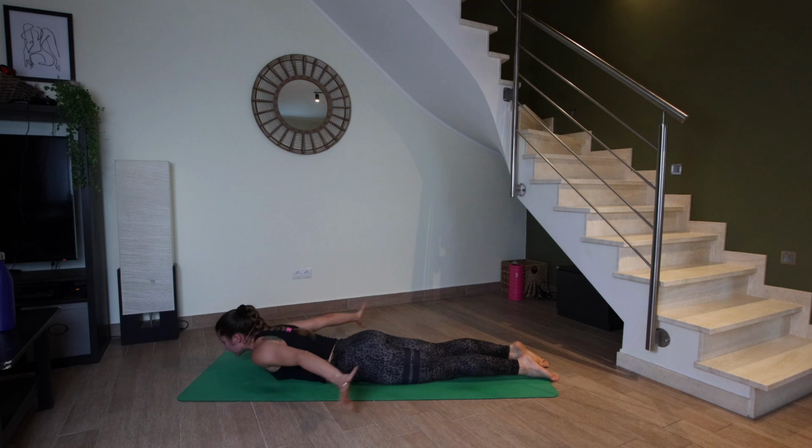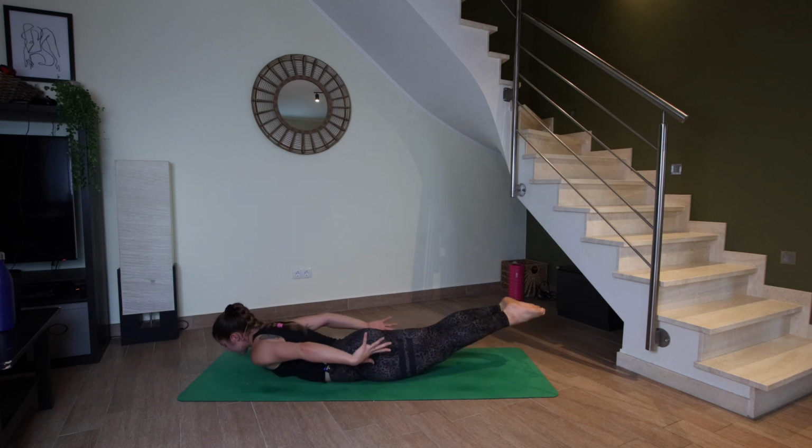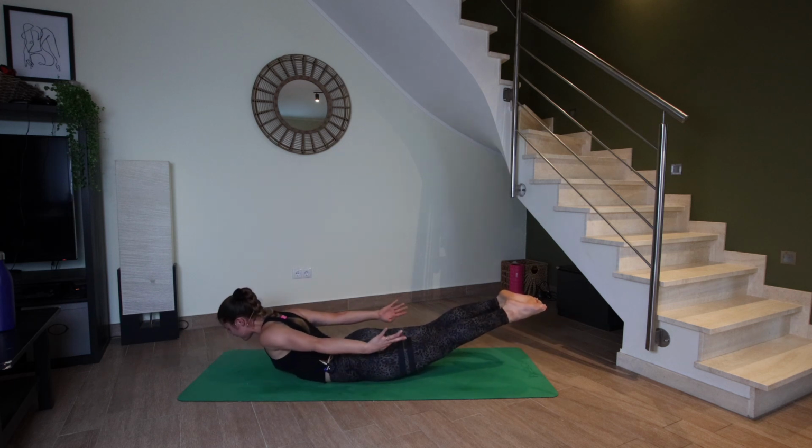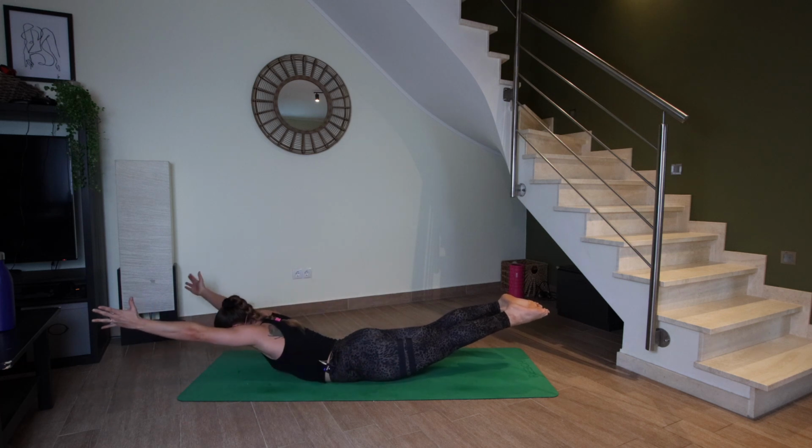We're going to bring the hands by the hips, and we're going to lift everything off the mat. So the legs, the arms, the chest. Take a deep breath in and out to prepare. So inhale, exhale completely, and then inhale to lift. And then you can either keep your arms here, or let's reach them forward. And let's hold for 10,